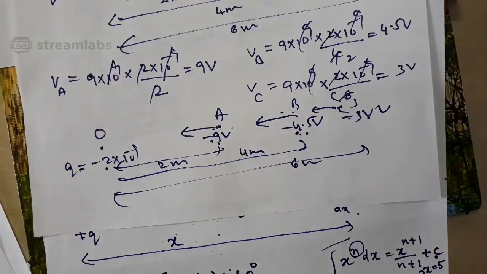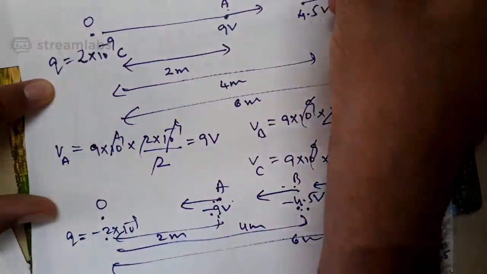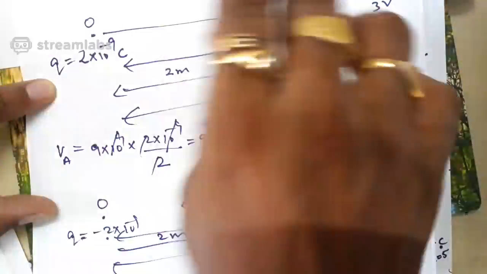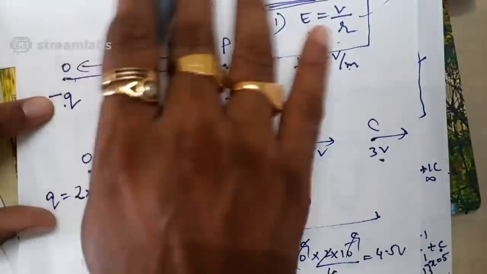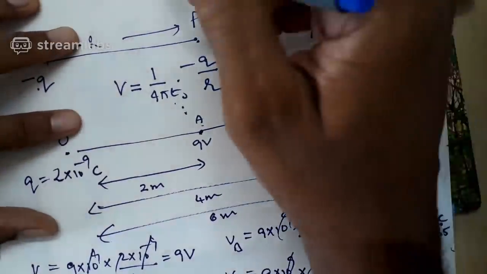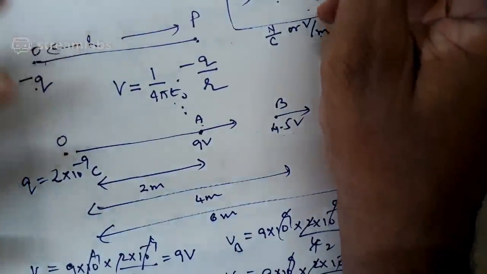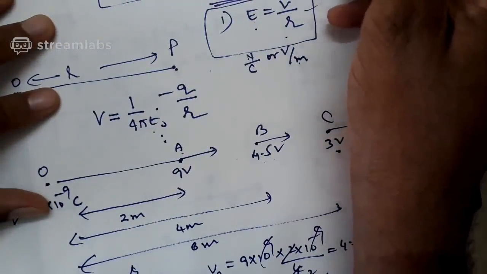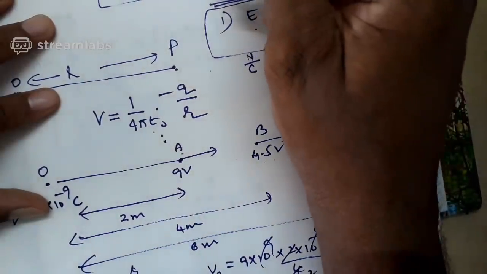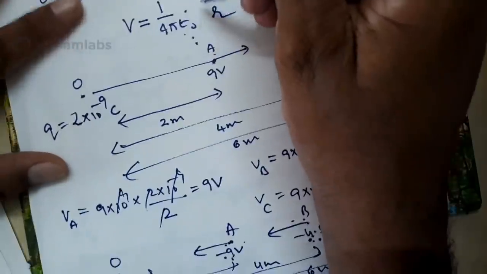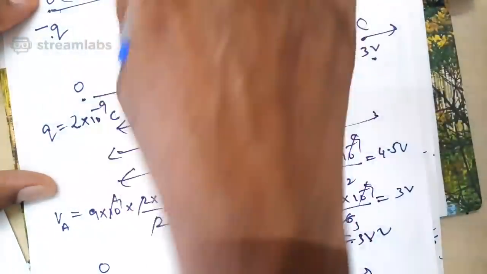I think you followed. Please highlight this point, this relation, under a condition that for a point charge, E is electric intensity at a point due to a point charge, V is electric potential at point P due to a point charge, R is the distance of the point from the point charge. When you talk about the difference between E, F and V, whenever you calculate E and F, we never used to bother about the nature of the charge. Even though it is a negative charge, you should consider only the magnitude. But especially when you talk about potential, if the charge is positive, potential is positive. If the charge is negative, you include a negative sign. Especially important when you are solving the problems.